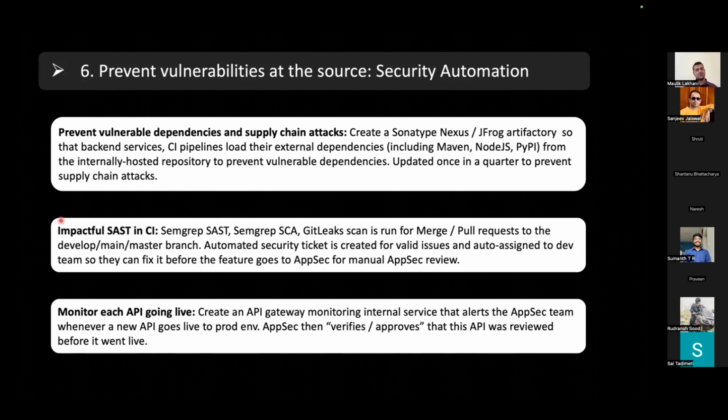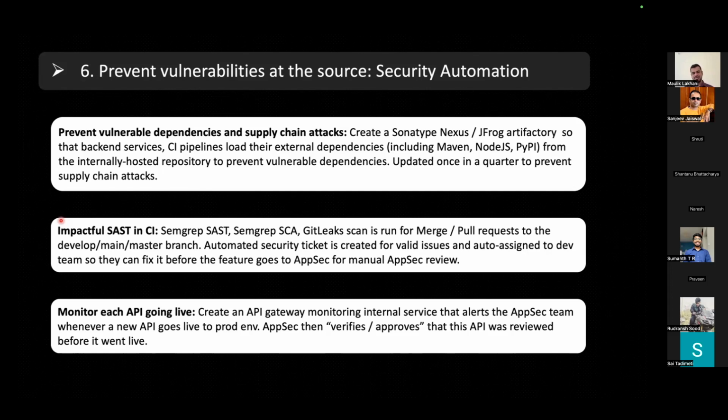Otherwise you will not be able to scale your security, because with 4 or 5 people performing all these activities for the entire org, you will not be able to scale. And you ensure that for valid issues, a ticket is created, auto assigned to the developer, and SLA is also triggered